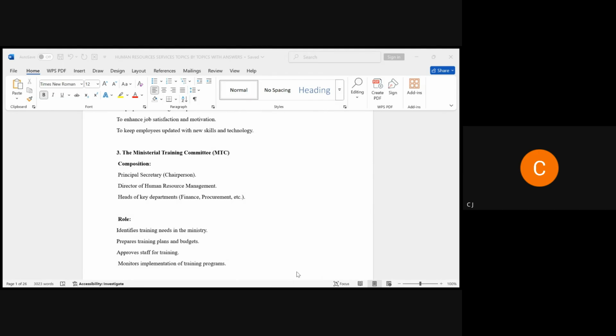Now we have the roles of the MTC: identify training needs in the ministry. They are responsible for identifying training needs in the ministry, prepare training plans and budgets, approve staff for training, and monitor the implementation of the training program. And that's why